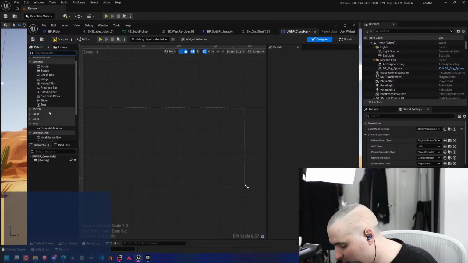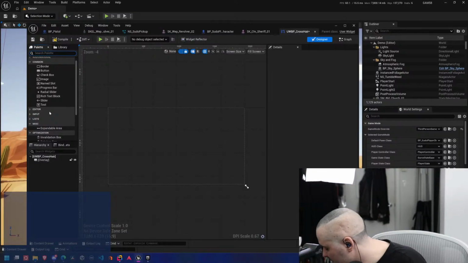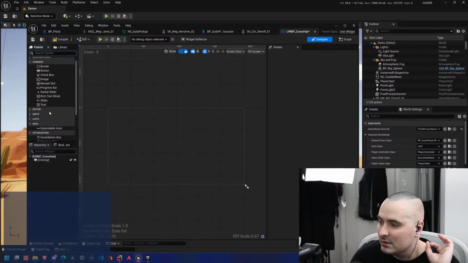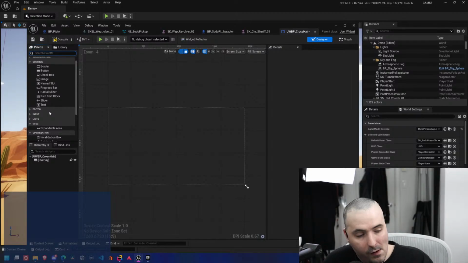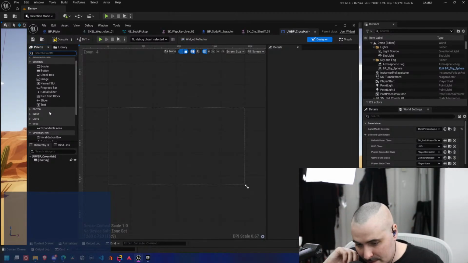So, when you're working in Unreal UMG, you want to try and limit the number of canvases you have, with the ideal number being 1. And everything is layered on top of that canvas.